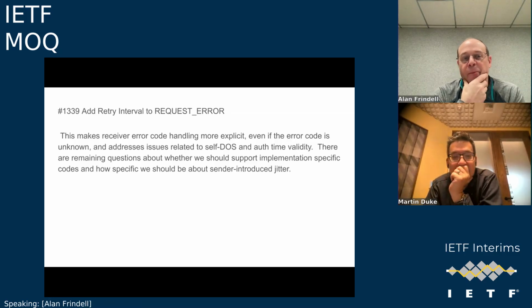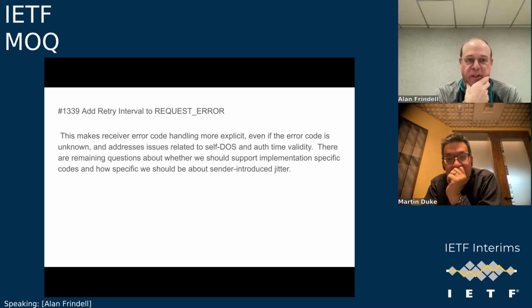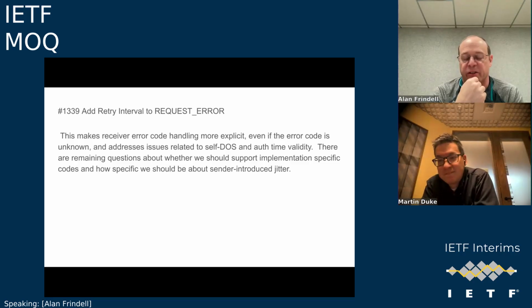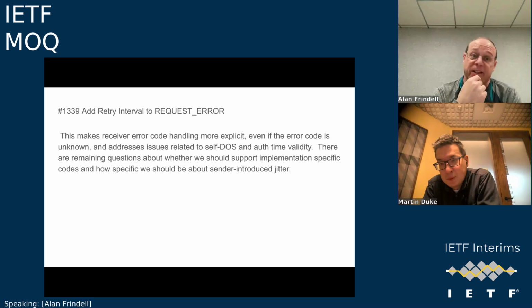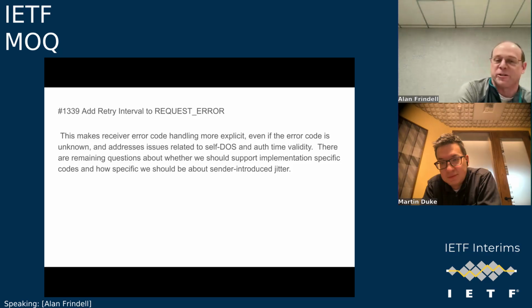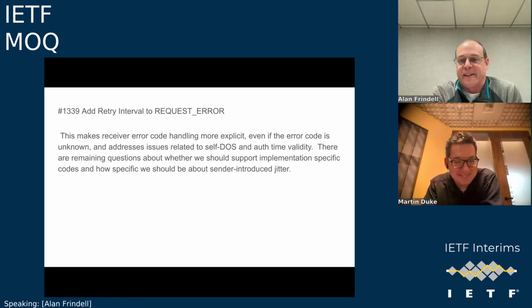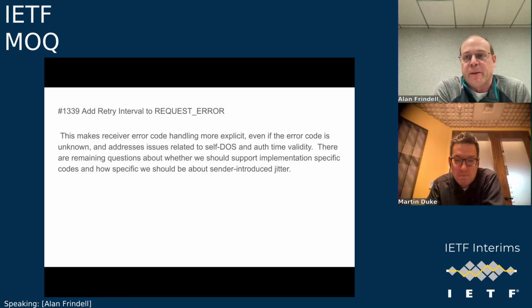Okay, I want to push back on the idea that using QUIC resets on bidirectional streams to signal errors is amazing, because if you look at HTTP, sometimes you can get a full HTML error page back, and I think that detail is sometimes useful. So if you went to reset stream, you'd lose reason phrase and retry interval, and I think both are useful. Some other people think that nothing good comes from reason phrases, but I do. Anyway,